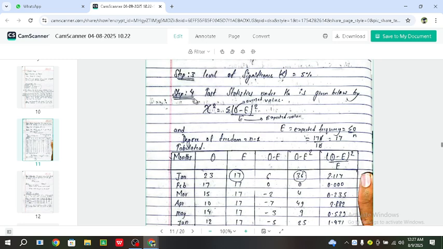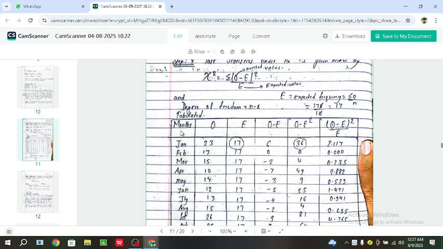Step number 4, test statistic under H naught is given below by chi-square is like this. The symbol of chi-square is the opposite S and a straight inclined line, whole square. That is summation of observed value minus expected value whole square by E. Write this much formula and make the table. Here month is already given and cars sold is already given. In January we observe 23 cars are sold. In February 17 cars are sold. So these are observed values and these are